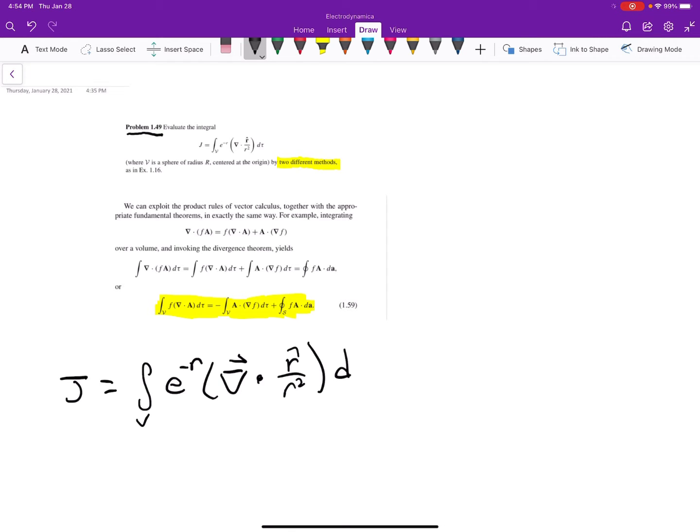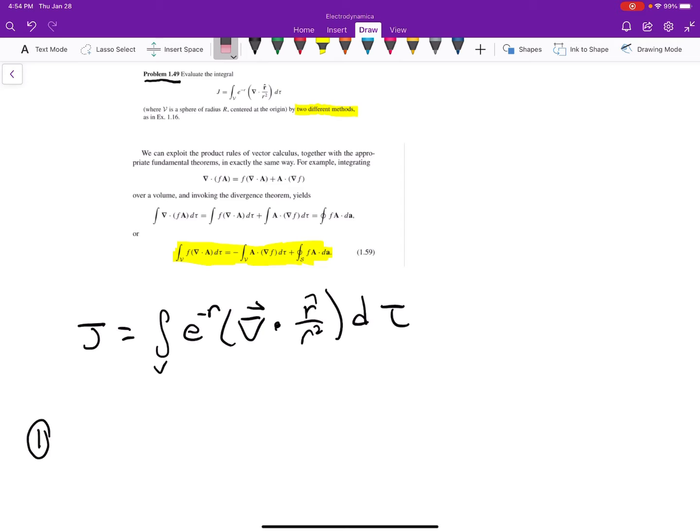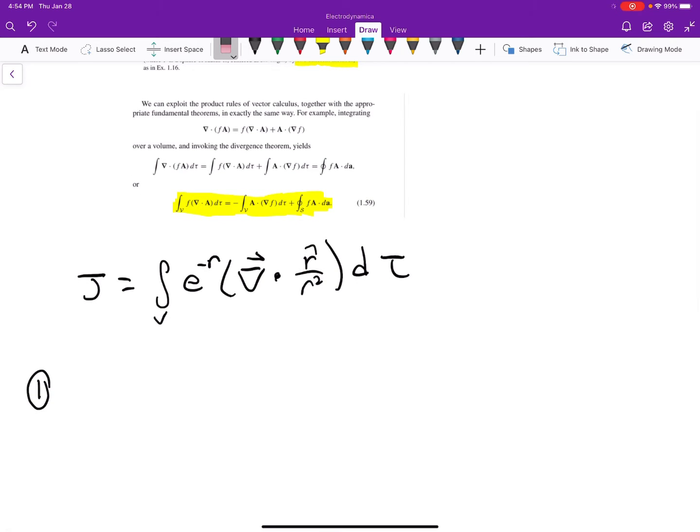So this is the integral we have to evaluate. We need to do it two different ways, and we'll do the easiest way first. The way that we're going to do this for this particular problem is we're going to work with our divergence here, okay? So the divergence, this part, we can get by using the divergence theorem, which is our integral of this is equal to the integral of,